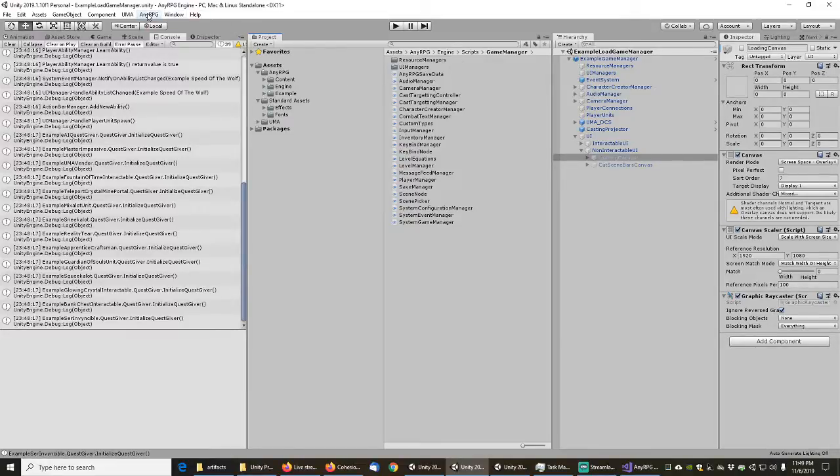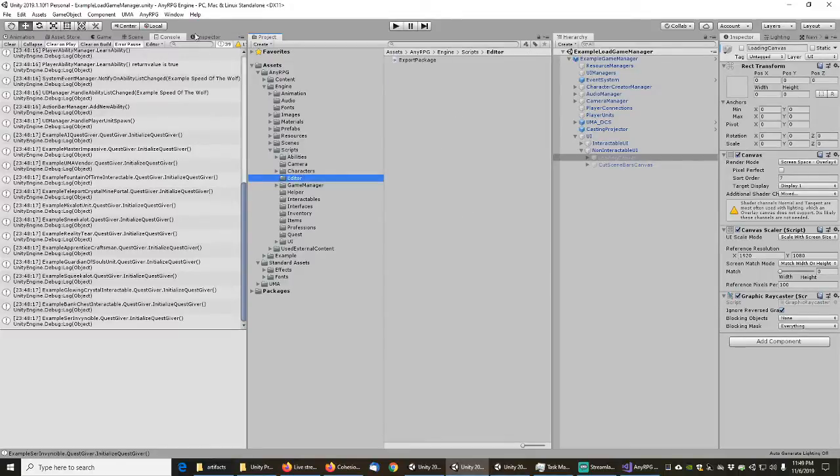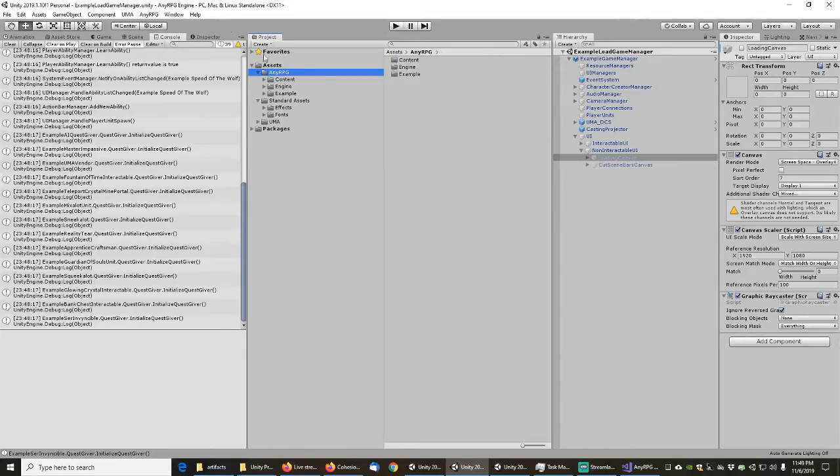So I've still got my AnyRPG menu, and I actually moved the editor folder into the scripts folder, so apparently this can be run from anywhere. So let's see what happens here when I go on export, full export. I mean, it may be that I actually need to run this as an intermediate step every single time, because